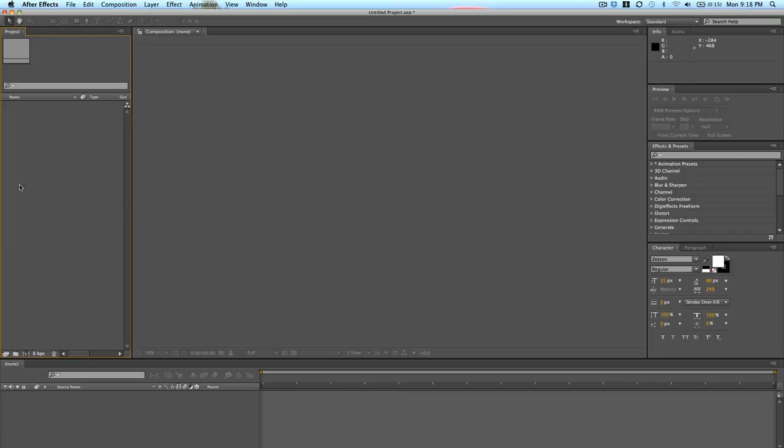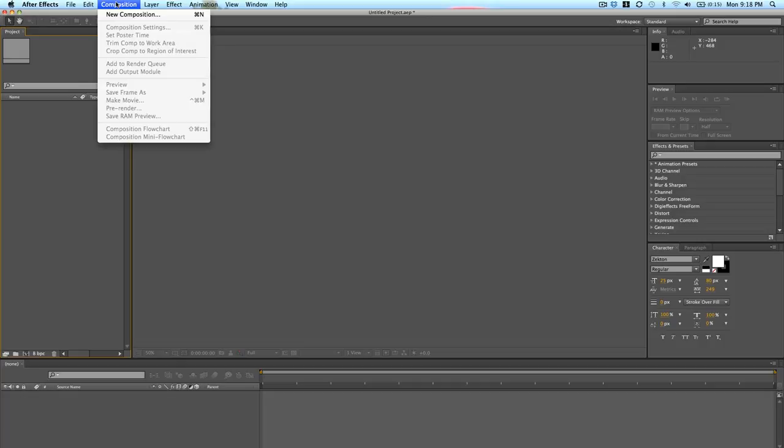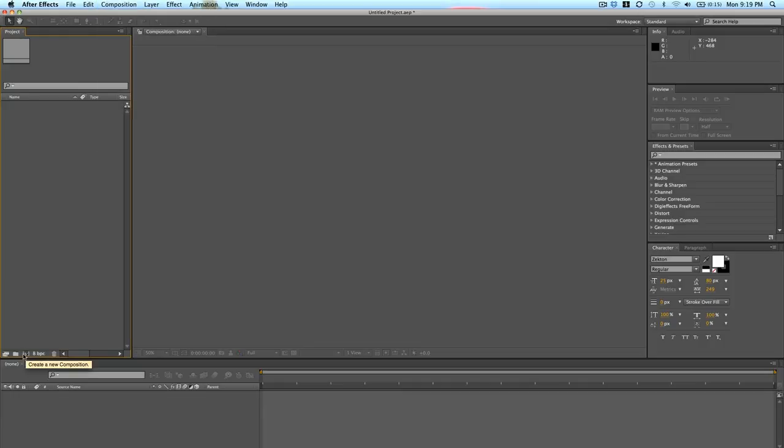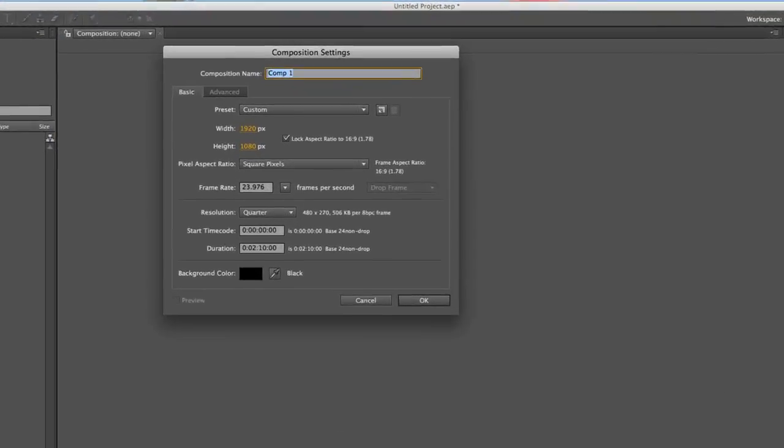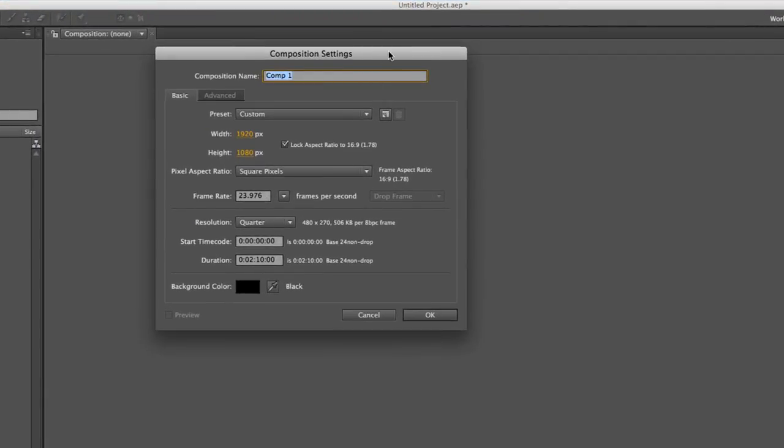To start a new composition, there's a couple different ways you can do it. Up here at the top, you can just go up to Composition and select New Composition. As you see, you can press Command N on a Mac, or I believe Control N on a PC. Or you can go down to this little video icon. It looks like a little film strip down here in the project folder bin, and click that. So once you click that, you get this dialog box open,